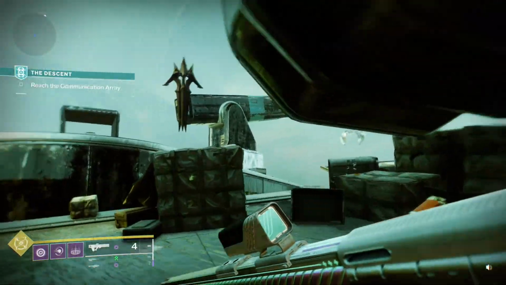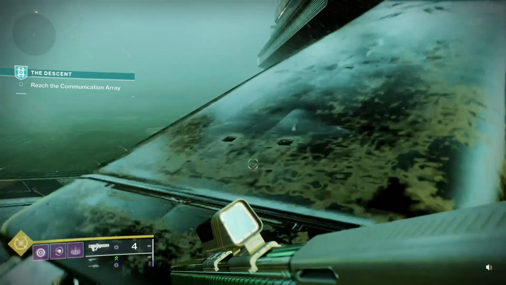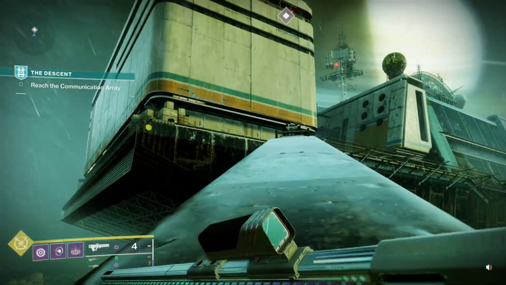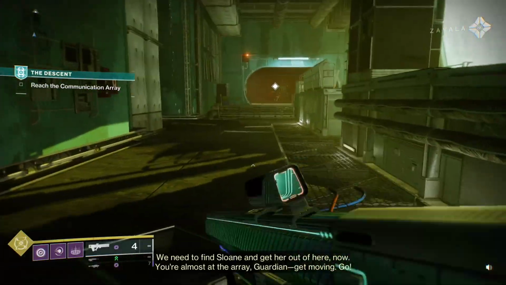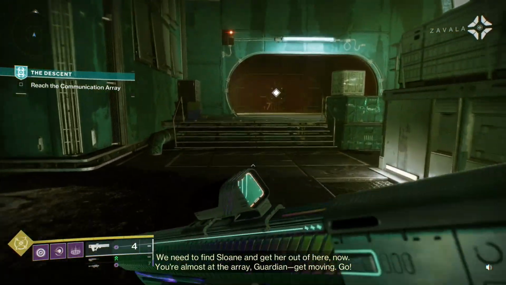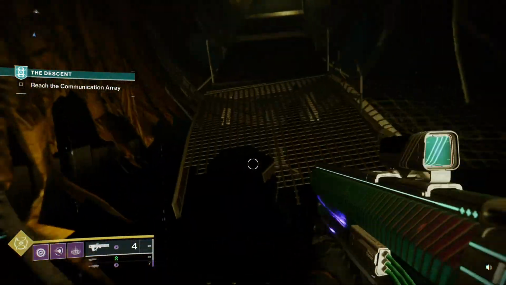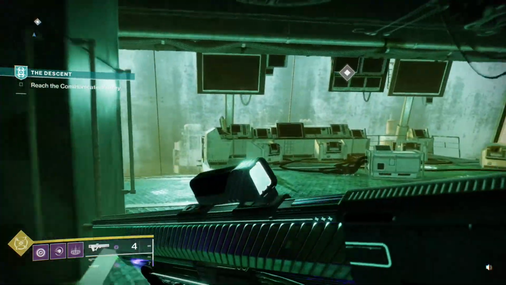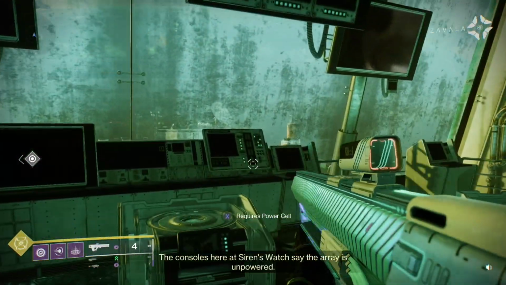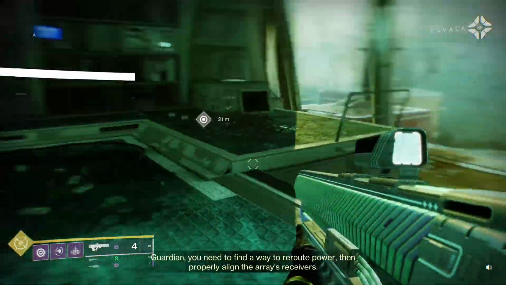Reach the communications array. Was that on top of this? Yes. Okay. We need to find Sloane and get her out of here now. You're almost at the array, Guardian. Get moving. Go! It's awesome that Lance Reddick had all of his Zavala lines recorded in advance. The consoles here at Siren's Watch say the array is unpowered. Where's the power cell? Guardian, you need to...